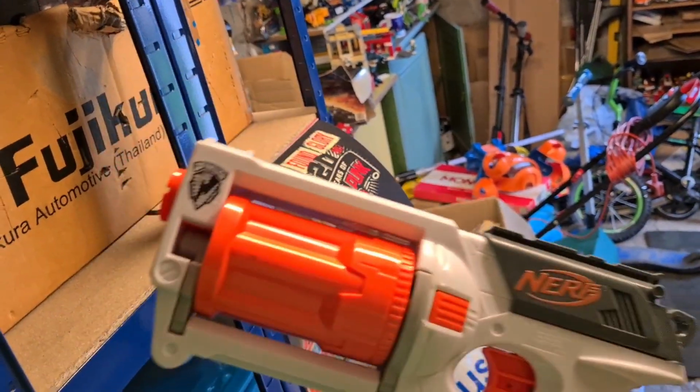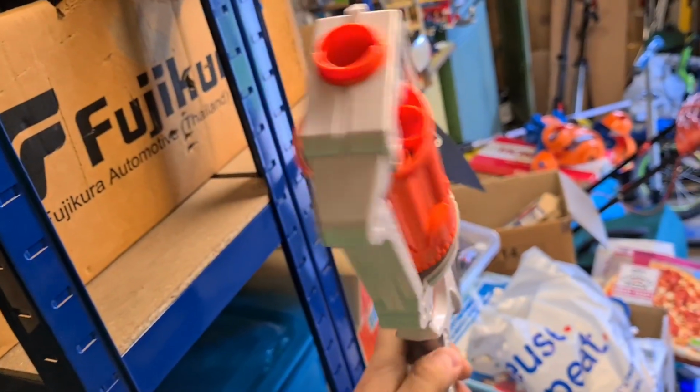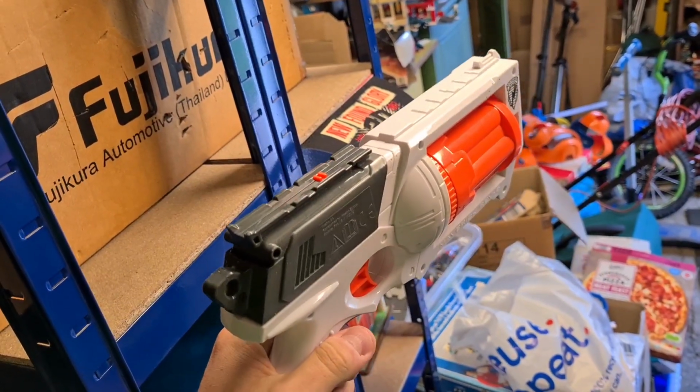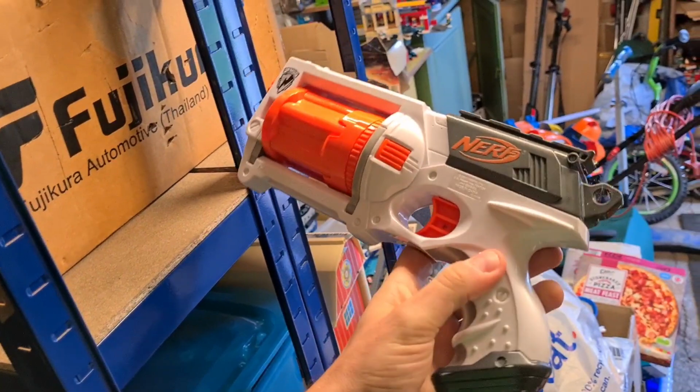Can't remember what it's called, was it End Strike? There it is, says it on the end, End Strike. It's gone for 10 quid, all in. So I will do a bit more research into Nerf guns. I know some people do quite well on some of them, but for me, they don't sell quick enough or